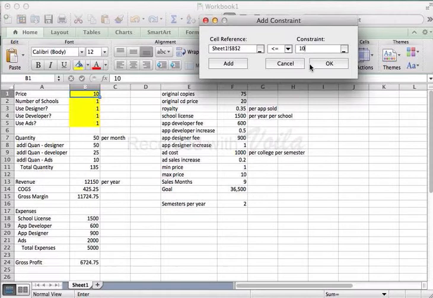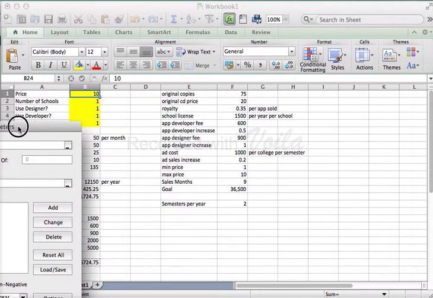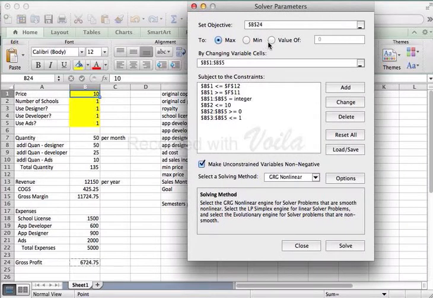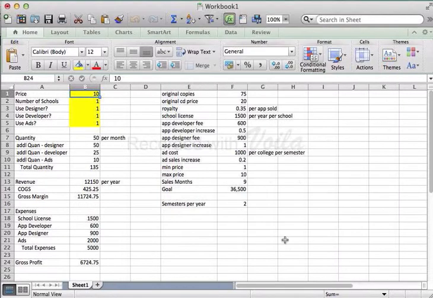And okay, so I have my objective, I have my changing cells. I'm going to go ahead and solve this,